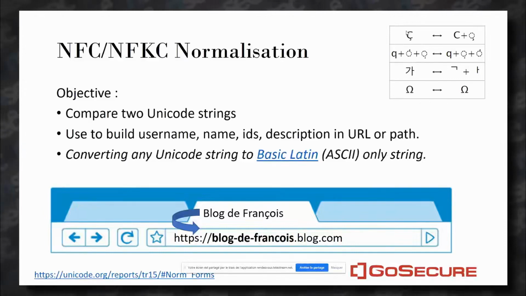And the idea with normalization is we're going to try to compare Unicode strings and see if they actually have the same meaning or are equivalent. So we'll have NFC normalization and NFKC normalization. And there are actually 2 others that are really similar to those 2. So I've simplified a bit for this presentation. And those normalizations will happen in multiple use cases in your web application or library.